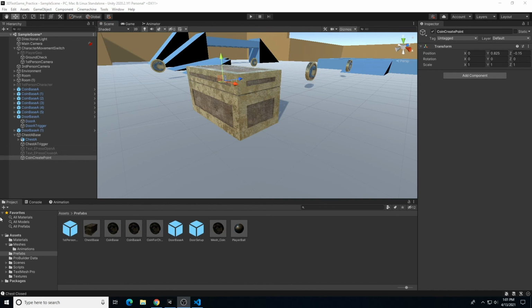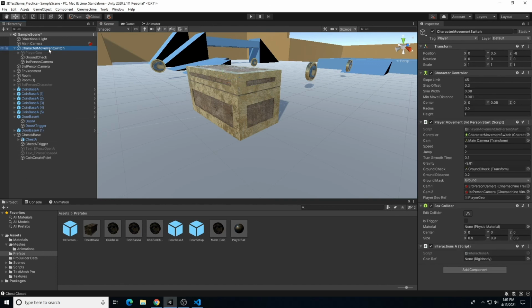All right, so in Unity, the only thing we have to do is go to our character movement object, and then we have to funnel in our prefab reference to our script. So in our prefabs, we want to make sure we find coin for chest and drag that into the coin reference there. And let's save, and let's see if this works. So if I hit play,